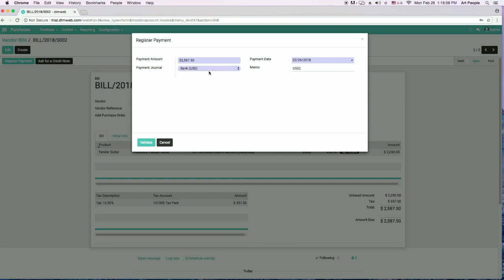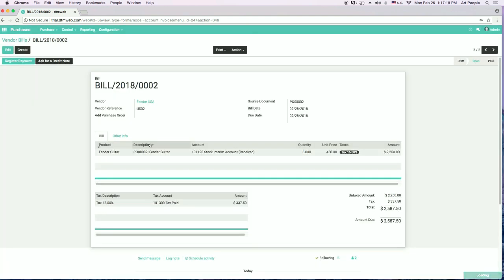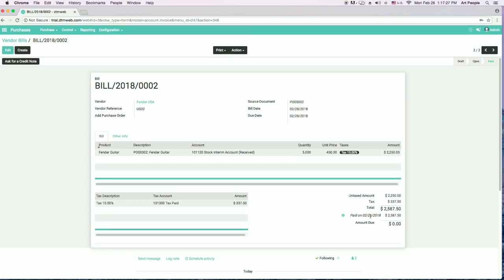since you have paid the bills, it basically asks you whether you have paid through bank or through cash. It also asks you about the memo number if you have any. So right now, let's just leave it like this with the internal reference number and the same value that I have over the bill. So let's click on validate. Here we go. So this is paid on today's date over here, and you don't have to worry about anything. This has already